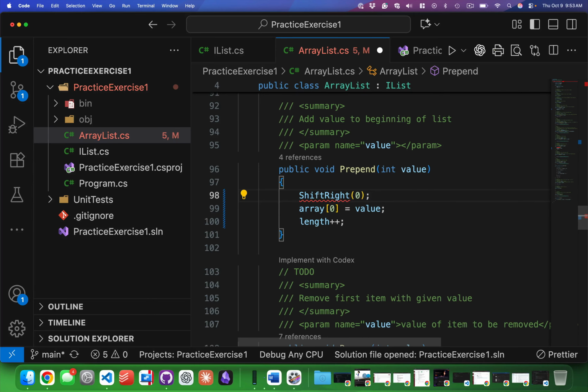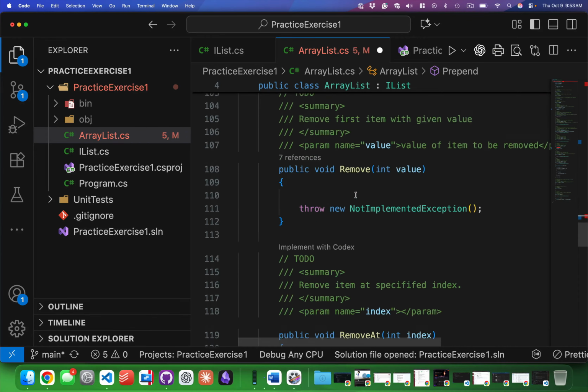But what I'm saying is, logically, what index do you want to start moving over from? Can you think of any reason why it would be useful to make this a parameter instead of just always starting at 0? Is there a time when we might want to just shift over part of the array list? If we want to insert into the middle, then we don't need to shift all of them. We just need to shift at a particular one. So